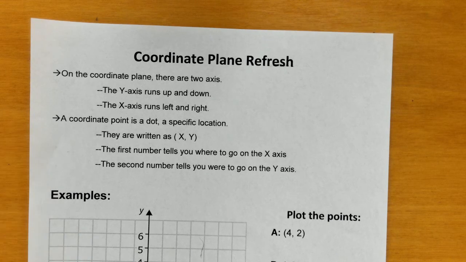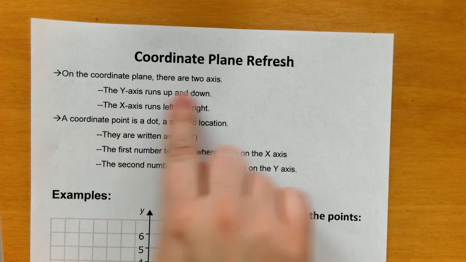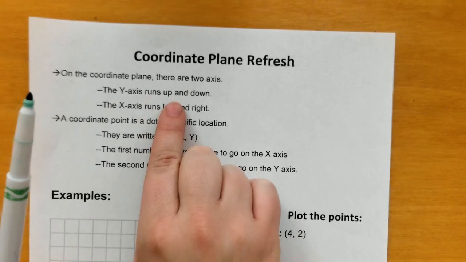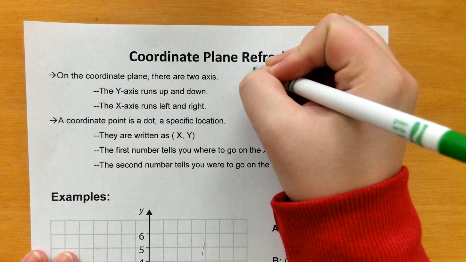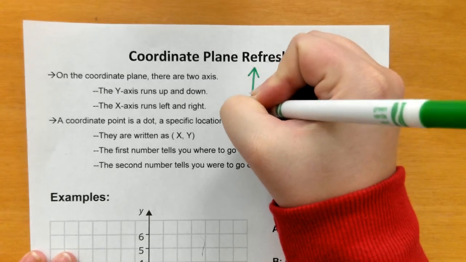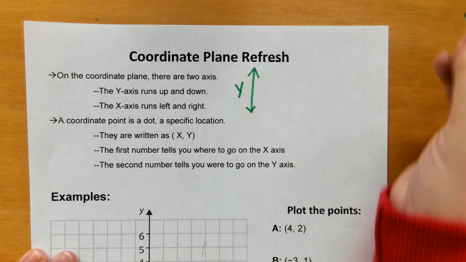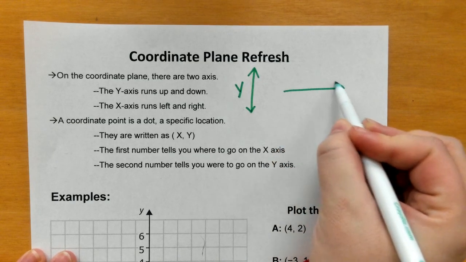So with this refresh, we're going to be looking at the coordinate plane, how to plot points, and how to represent points in a table. So first things first, the coordinate plane is made up of two axes. The y-axis is the one that goes up and down like this. The x-axis is the one that goes left to right,